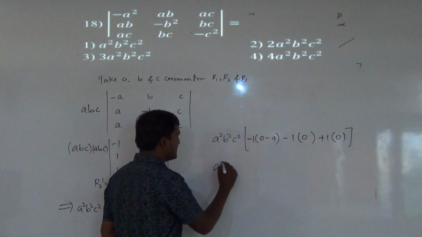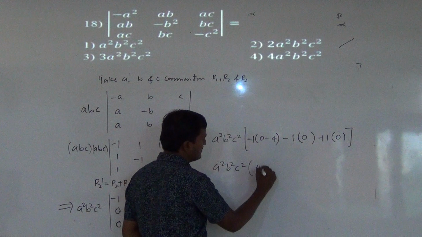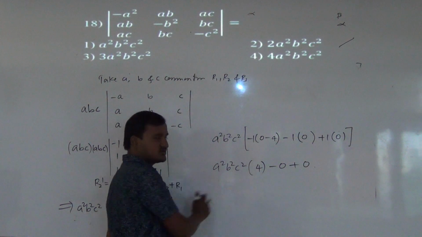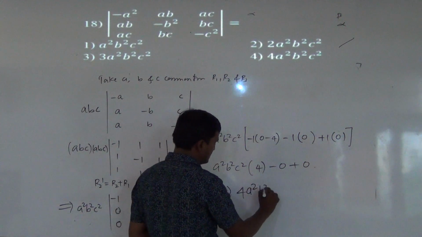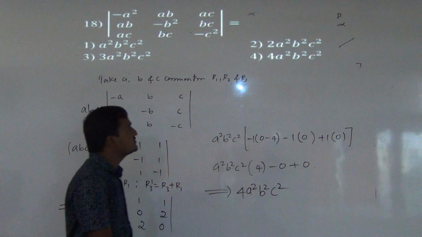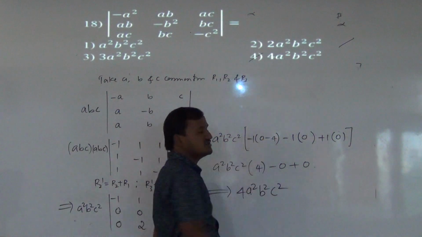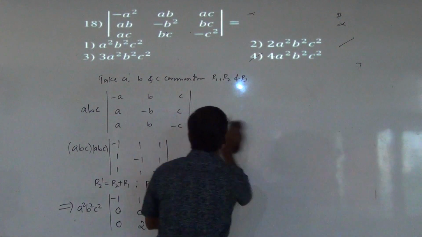So clearly here it is a square, b square, c square, minus into minus plus, and this term 0 and this term 0. 4 into a square plus b square plus c square means what is the answer? 4a square, b square, c square. Right? So which one is the right one? Therefore clearly the fourth option is the correct one. Right, next we'll go for the next question.